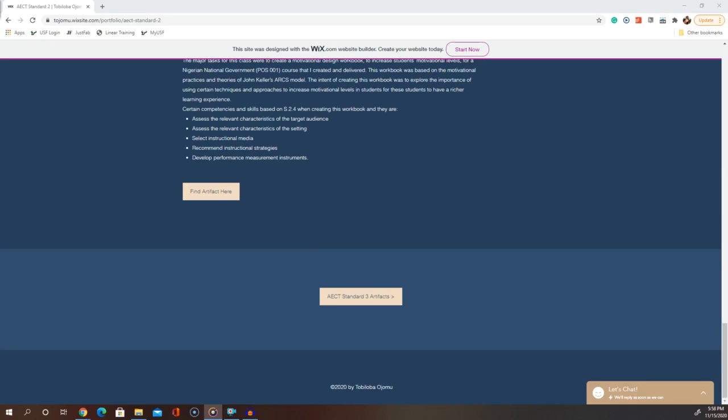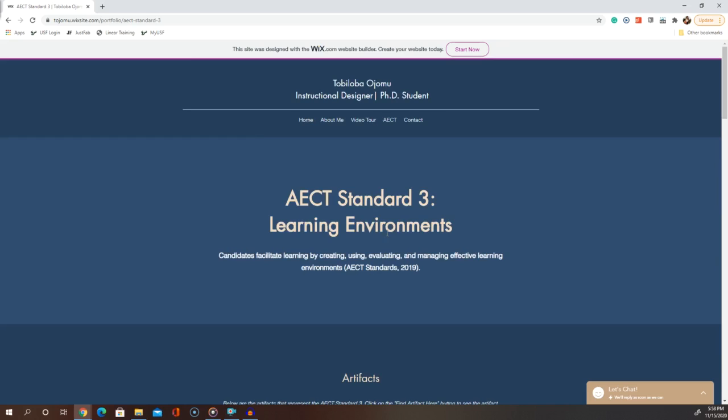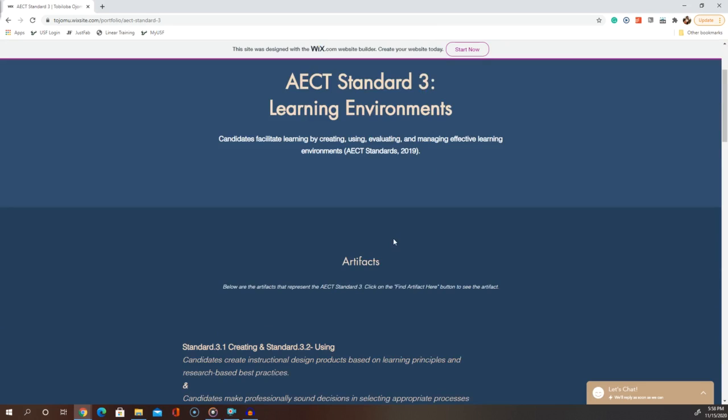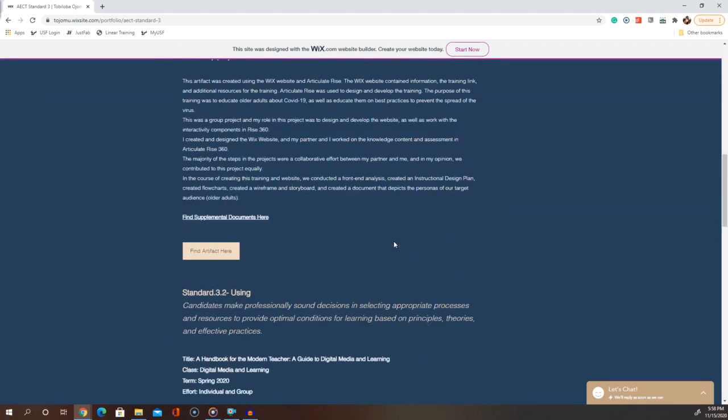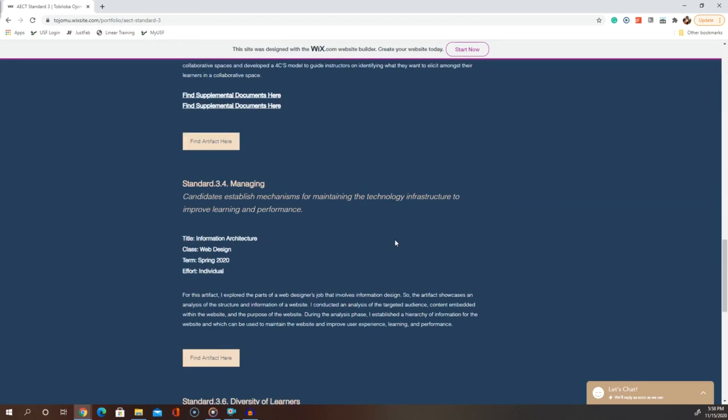The next standard is Standard 3, which focuses on learning environments. Here, the candidate is to facilitate learning by creating, using, evaluating, and managing effective learning environments. There are 4 substandards demonstrated here, and they are 3.1, creating, 3.2, using, which was represented twice, 3.4, managing, and